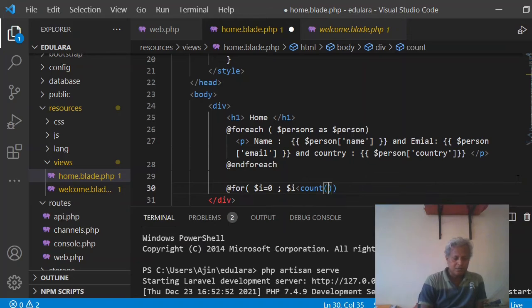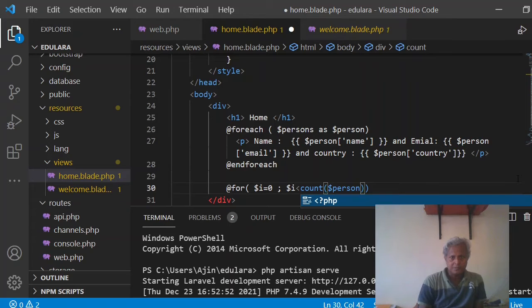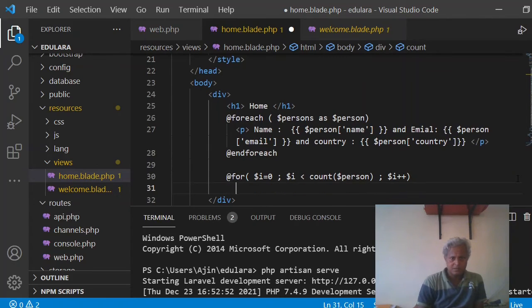So count, and then you pass the name of the array, the $persons, and then you write semicolon and $i plus plus. This is the normal for loop syntax, and inside this loop I will be running a paragraph,